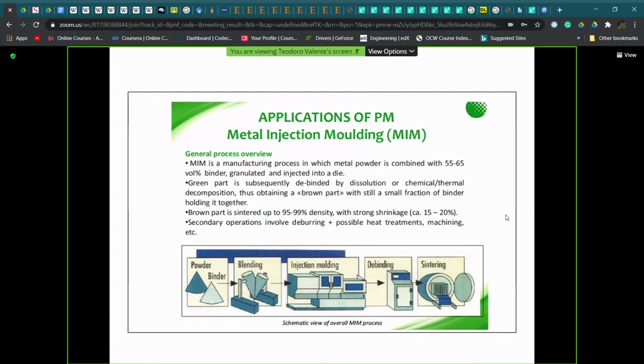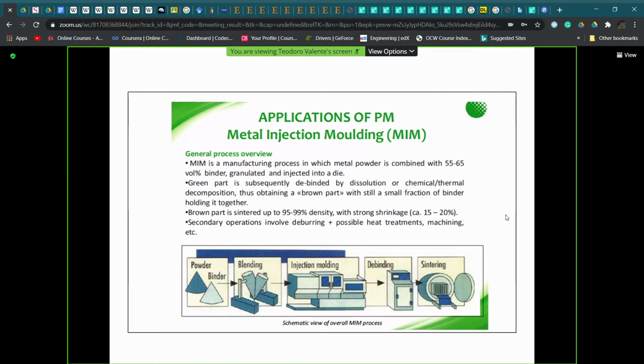The green part, so, is debinded by dissolution or by a chemical or thermal decomposition. Thus we obtain, this is the technical way to call it, the so-called brown part. So we start from green and we get a brown part, which still has inside a small fraction of binder, holding together the original powders. Then we do have the sintering,